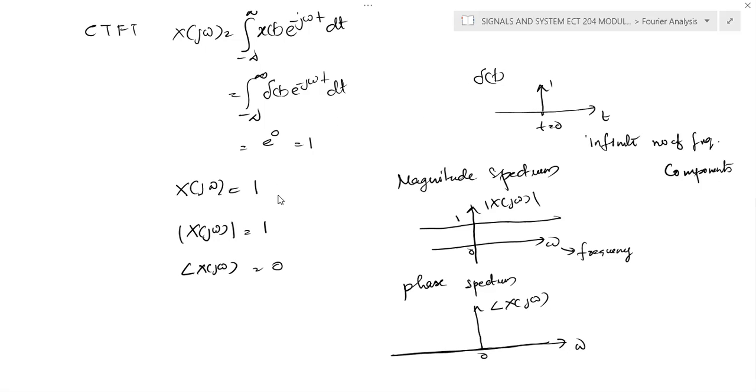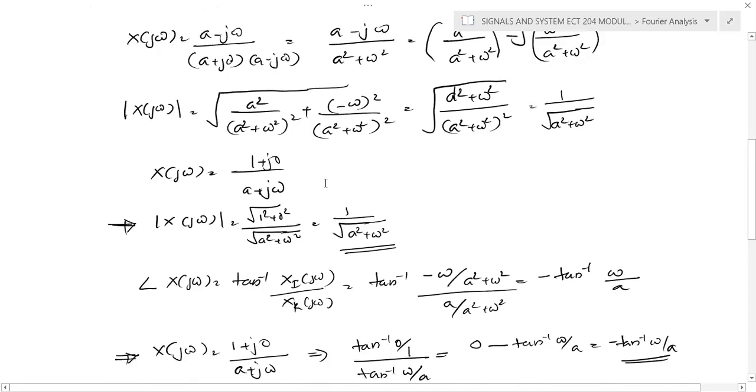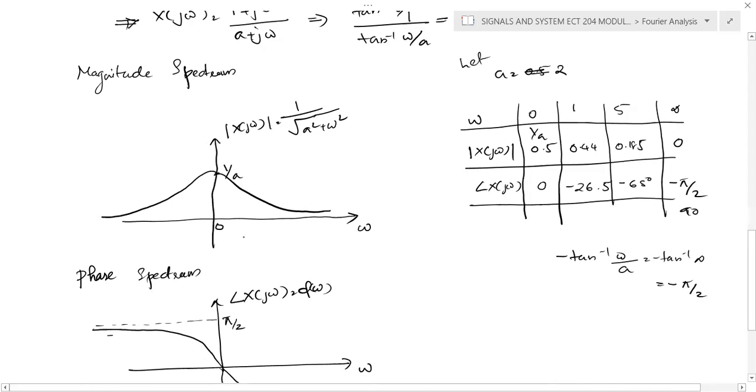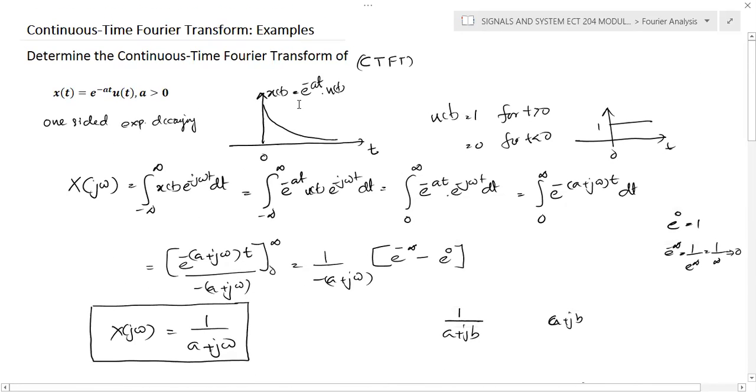Okay, if you observe the previous signal, an exponentially decaying signal, and you observe the spectrum, you can see that it contains only low frequency components. See here, omega is increasing in this direction. So if you observe the magnitude, you can see that most of the signal amplitude is concentrated on the lower side. And when the frequency increases, the amplitude is low. So higher frequency components are less in this particular waveform. So this signal contains mainly low frequency. X of t is equal to e raised to minus 18 into u of t mainly contains low frequency components.